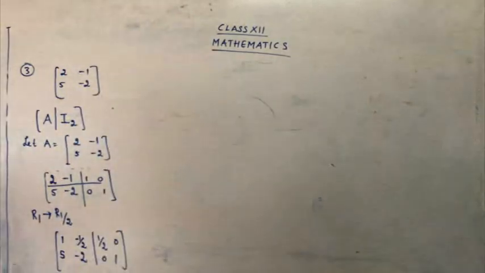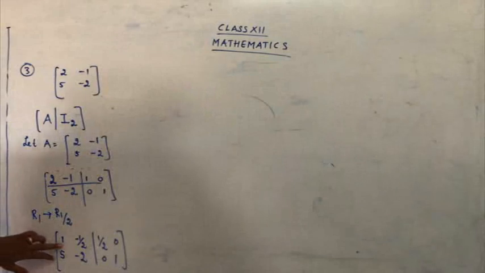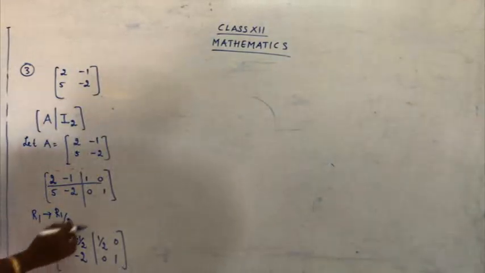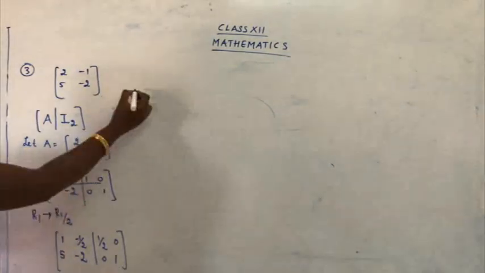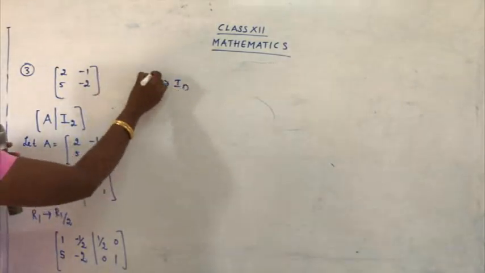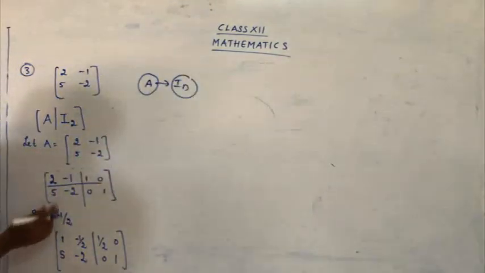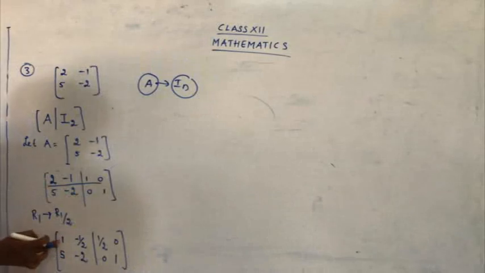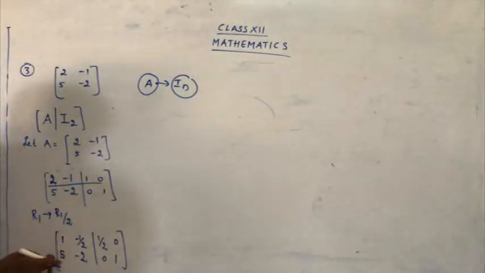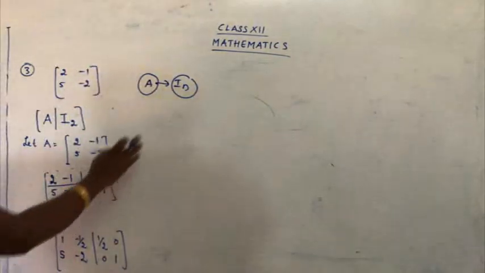Okay, the first step is clear to you, children? So we have presented in terms of augmented matrix. Then we are changing R1 as R1 upon 2. So I got the first element as 1. That's what we need. I need here that in place of A, we are transforming the matrix A into I. So you are going to change this matrix as identity matrix, so we have to change this matrix as 1, 0, 0, 1. So first part is done. Yes, we have found 1 here.